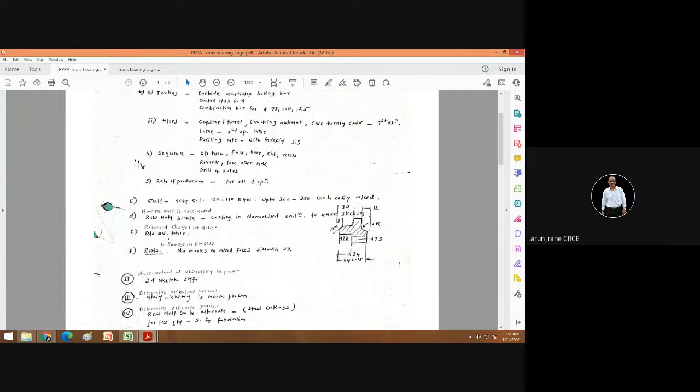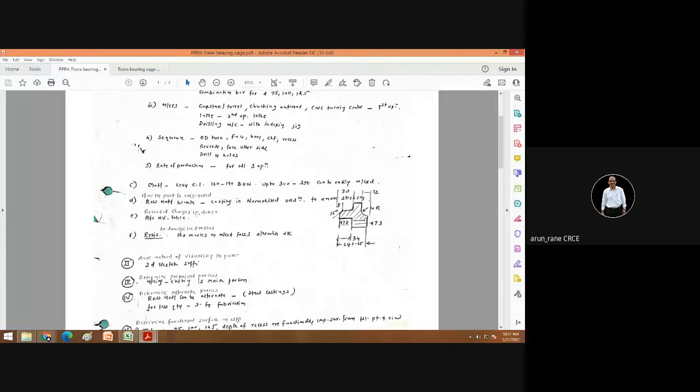So next is how the part is originated. This particular component is cast. So you can say the part is originated, or you can say the basic process is casting. Then you can add castings to be normalized in order to reduce or remove the stresses.